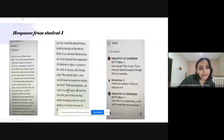I have an example here. I've cut it into two with my comments at the bottom because it's really long. This was a response from student one, his name Darren. We see here the word anonymous. When students don't register or sign up for Padlet, any time they respond it will come out as anonymous. So I get my students to write their name at the title, and at the description I told them to write out the strategy they were going to use. Darren chose the flashback strategy,